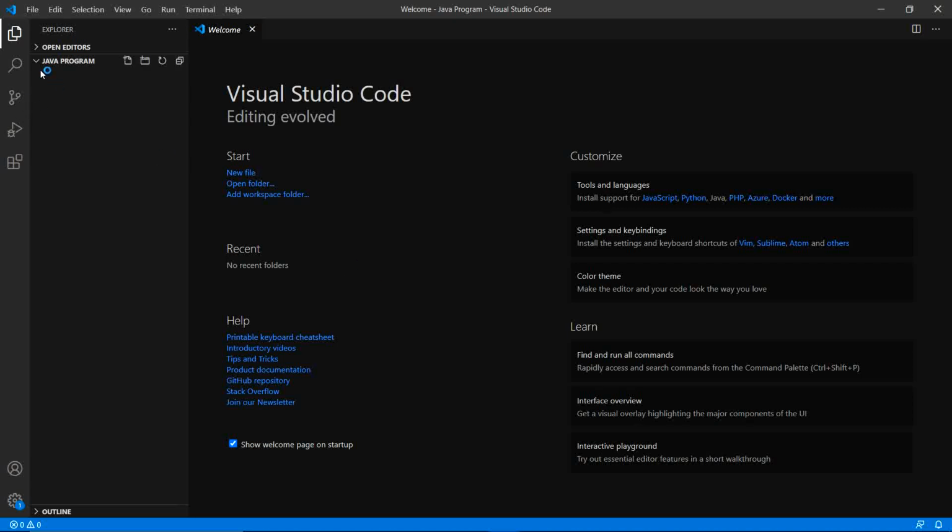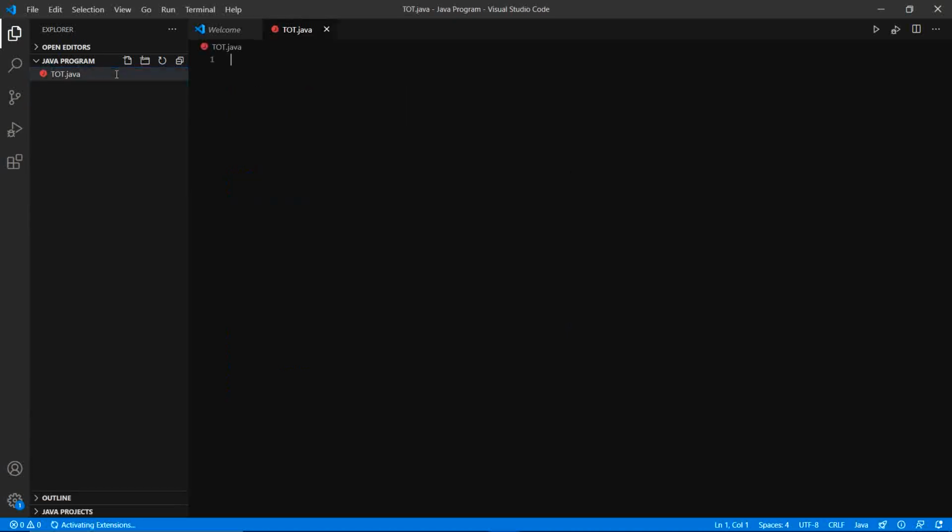So let's create, in this Java folder, a new file, with the name of the file, and to create a Java file we have to just add .java after the name of our file. So here it is, .java.